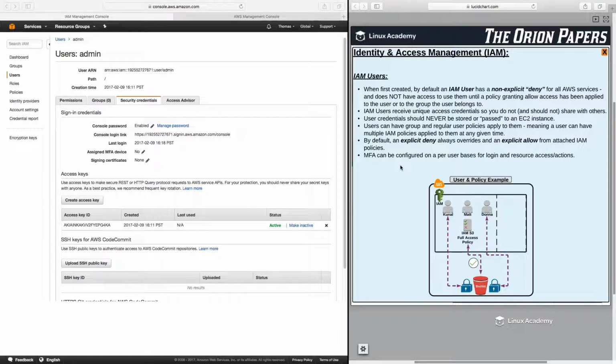Users can have group and regular user policies applied to them, meaning a user can have multiple IAM policies applied to them at the same time. You can have policies assigned to a group and that user a part of the group as how that user is given permission, or you can have policies directly applied to the user. Again, by default, extremely important, which is why I repeat this, an explicit deny always overrides an explicit allow from